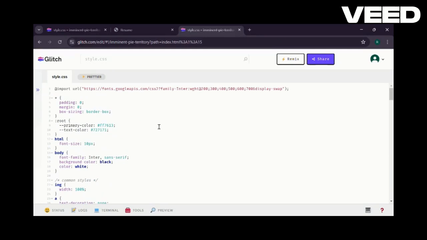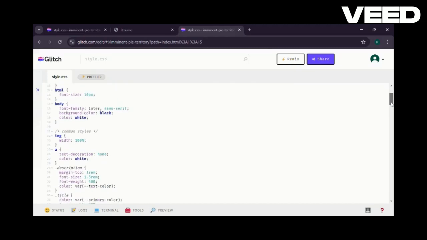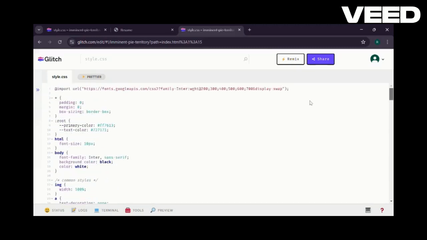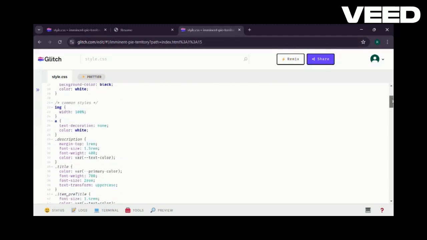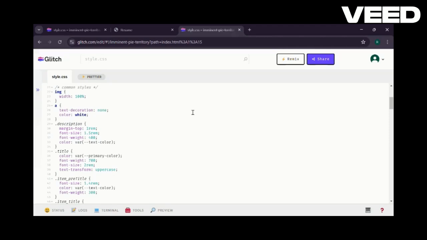I used various things, like padding and margin. I'll just go back to it and compare it to index.html.